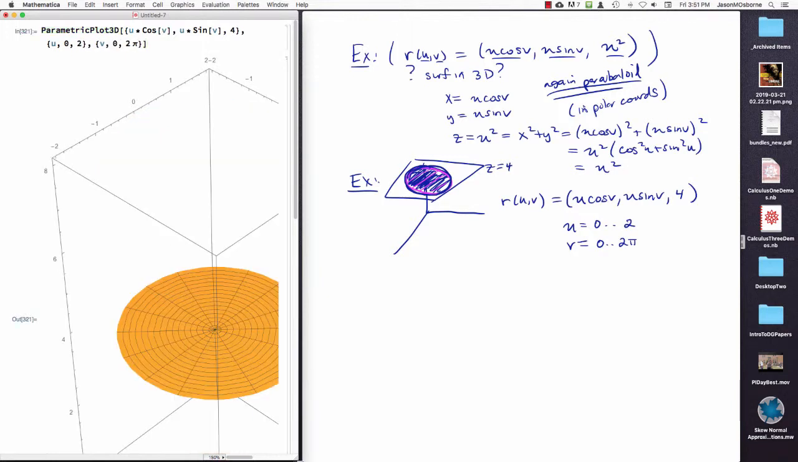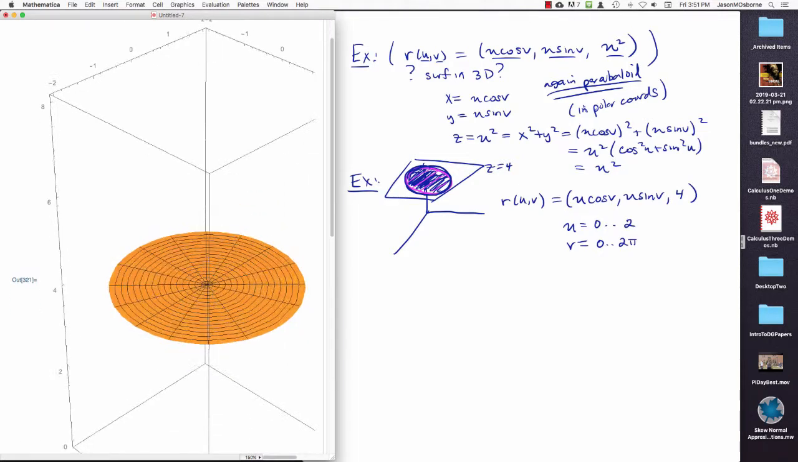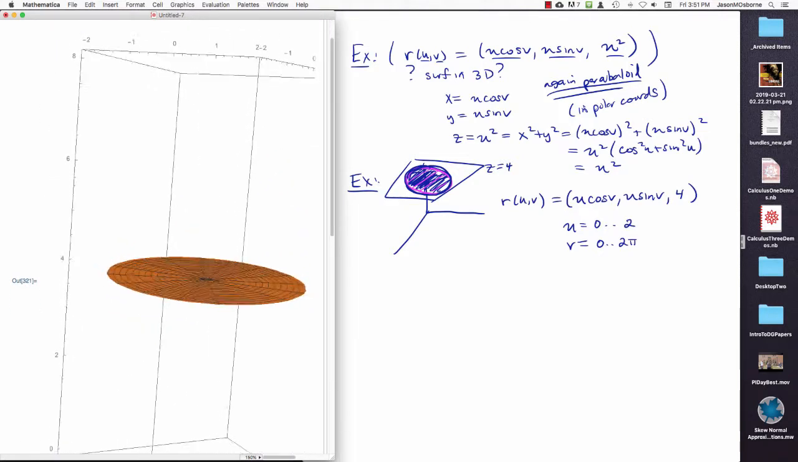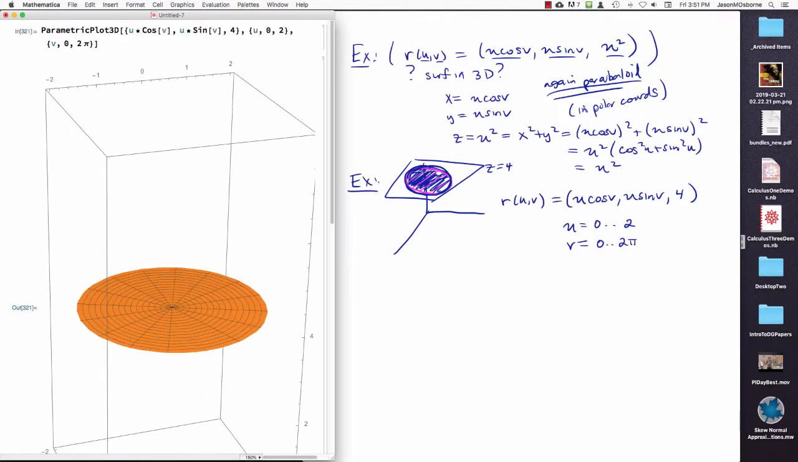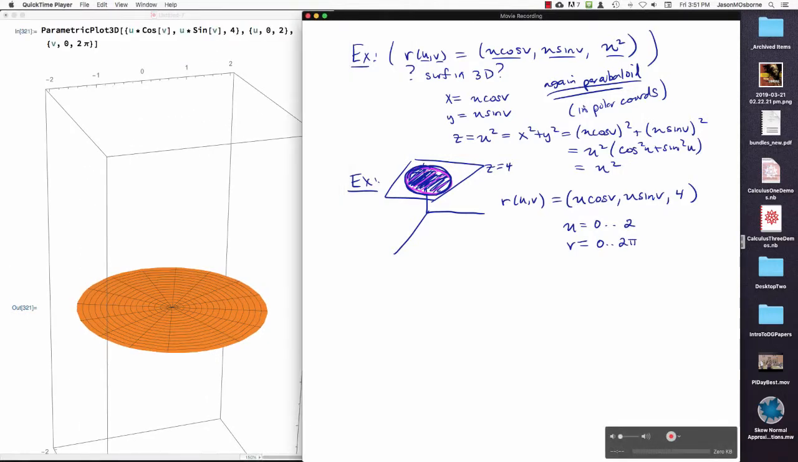We now have the region we were looking at. It's a solid disk that is in the z=4 plane. Okay. So in fact,